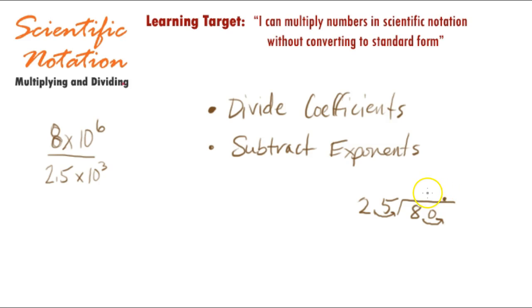Well, I think quarters when I see 25, so 3 of them would be 75. Subtract, you get 5. 25 can't go into 5, so we bring down some extra zeros after the decimal. 25 can go into 50 exactly 2 times, and that'll be the end of it. So we get 0. So 3.2